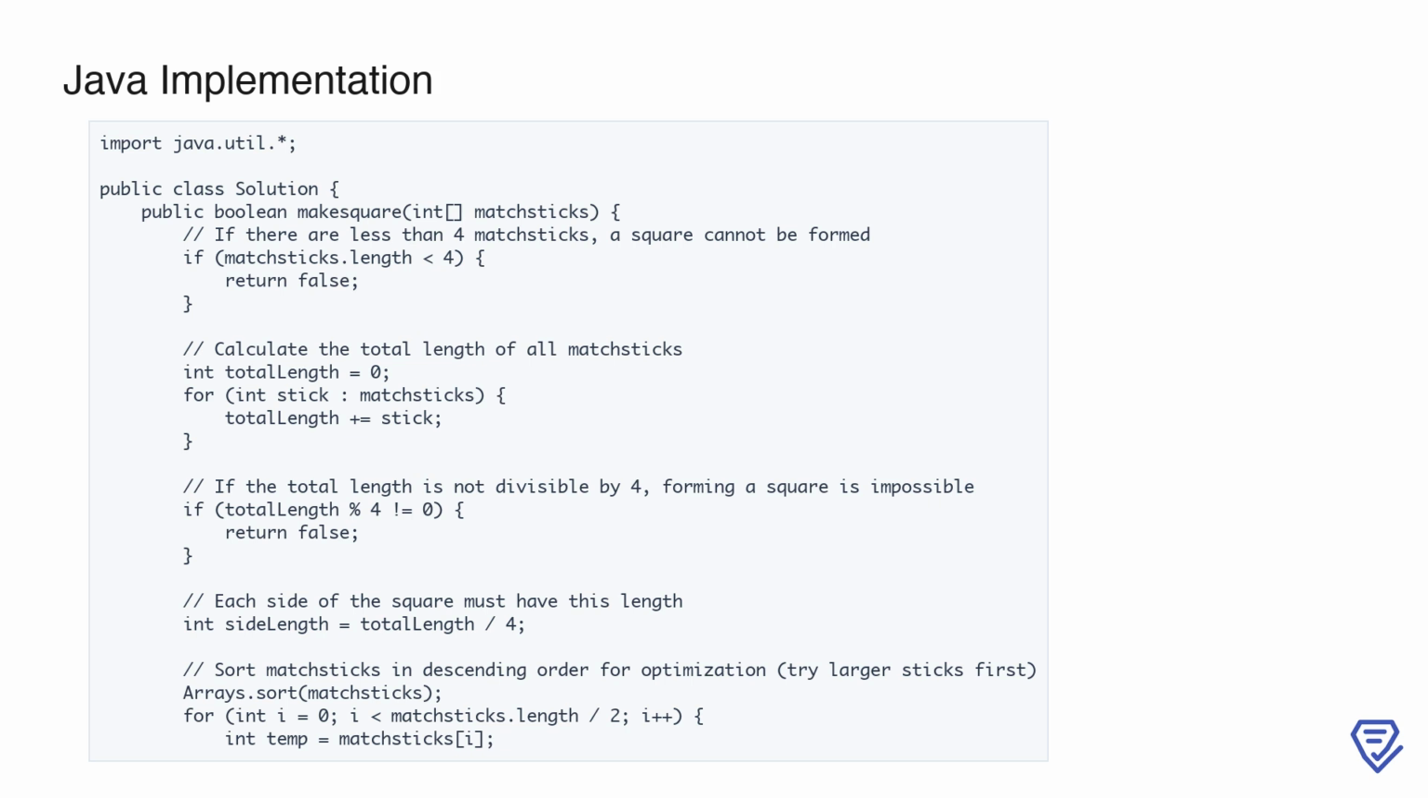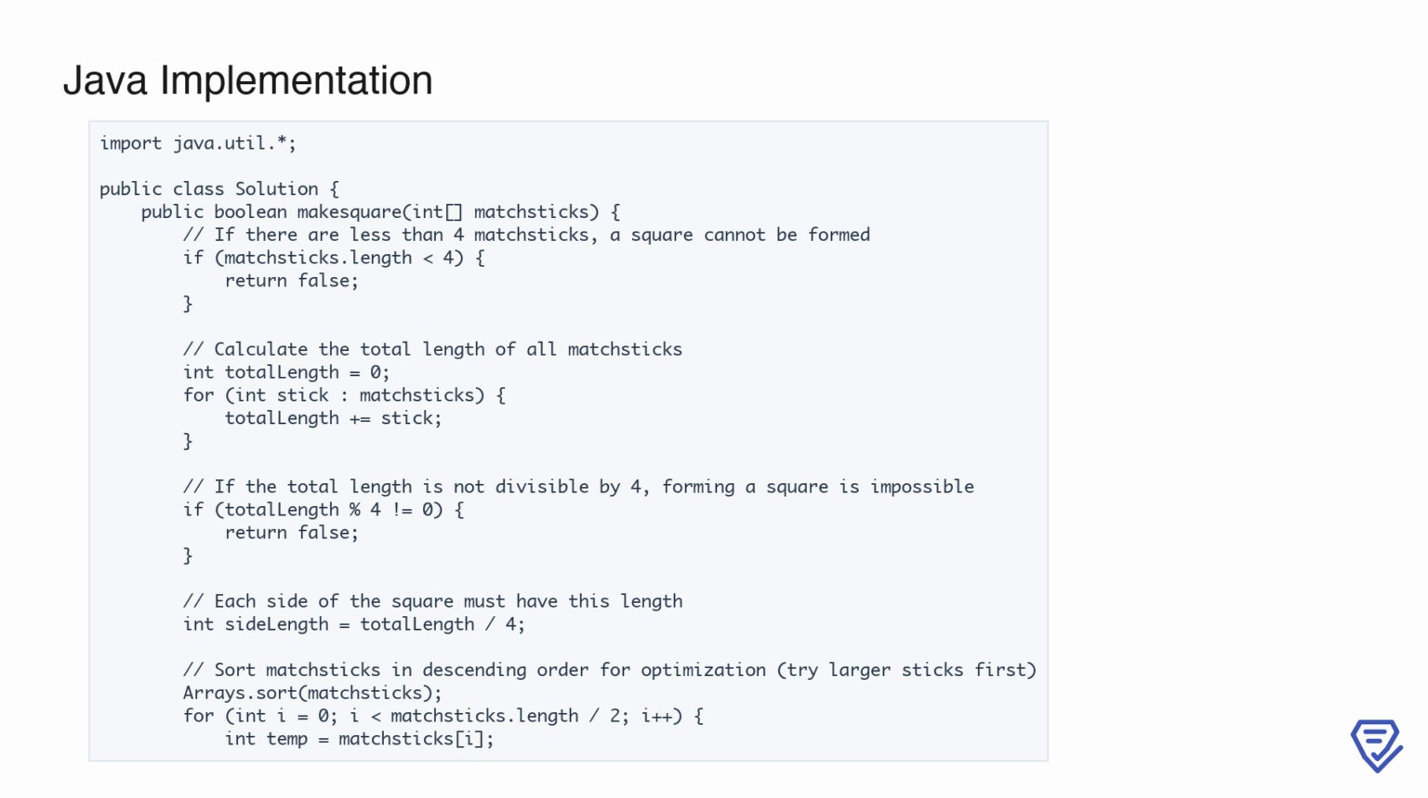Here, we start by defining our solution class and the method makeSquare. The first check ensures that if there are fewer than 4 matchsticks, we immediately return false since it's impossible to form 4 sides. Next, we calculate the total length of all the matchsticks by iterating through the array. This is critical because if the total length is not divisible by 4, we know it's impossible to form a square, and we return